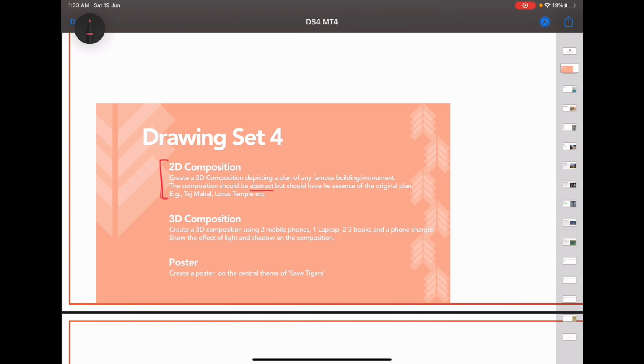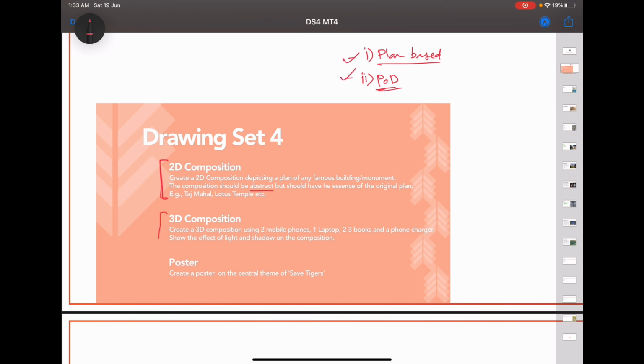And I had given this question for two reasons. First, in the NATA April attempt you had plan based questions, so when you do research for this you will expose yourself to different buildings and different plans, so it will help you with that. And secondly, you will also understand how principles of design are used in the planning of that building, and what the implications of that are. So you also have principles of design as the second part for this particular question. I think it has these two things.